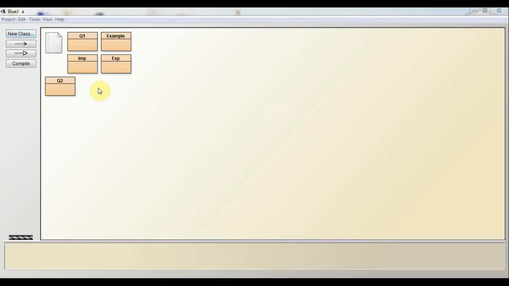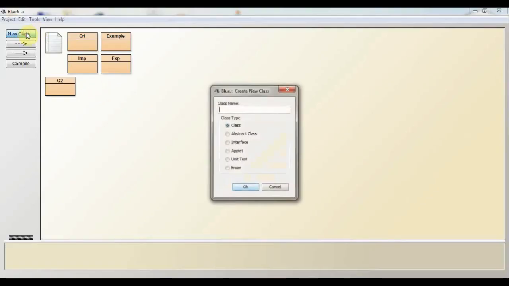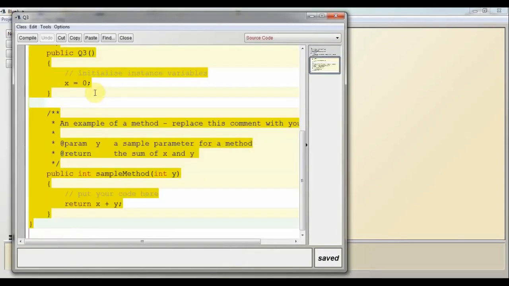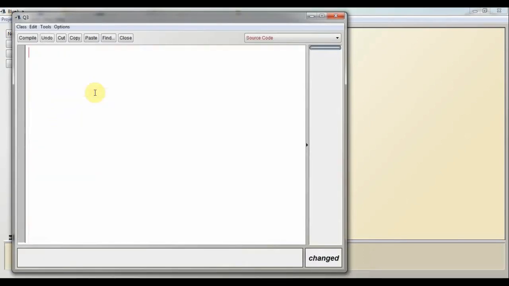Here we are solving question number 3. So we will make a new class Q3. Now from the class select all content, erase it. Now create class Q3, curly brace open. Now write static void main, bracket open, bracket close, curly brace open.